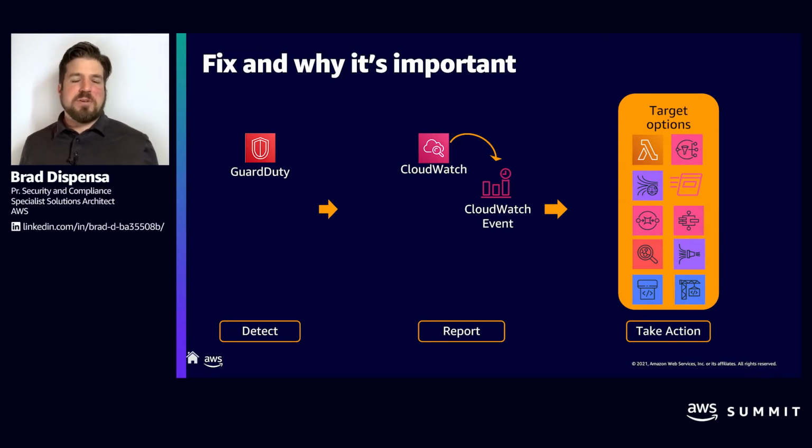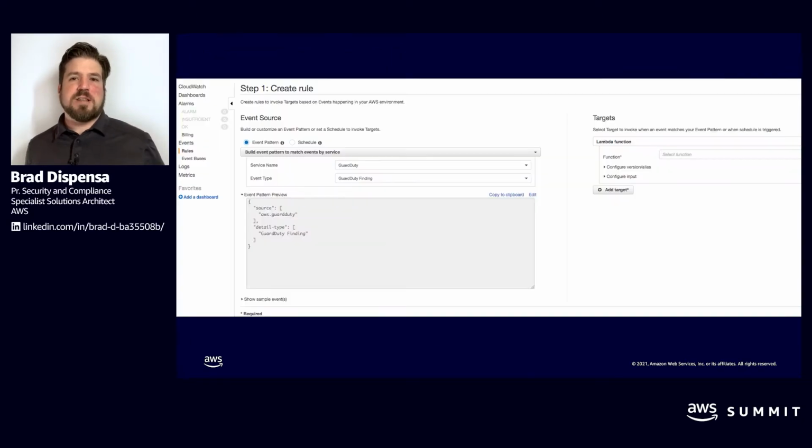So an example, if you're not familiar with creating a CloudWatch event rule, is when you go into CloudWatch, this is an example of creating a rule, and you can see the process is pretty simple. In this case, all we need to do is select the event type. In this case, the event type is a GuardDuty finding, and then the target. So the target can be any of the supporting formats, but in this case, you can see I'm targeting a Lambda function. So the target is what's actually going to happen when you use the event notification.